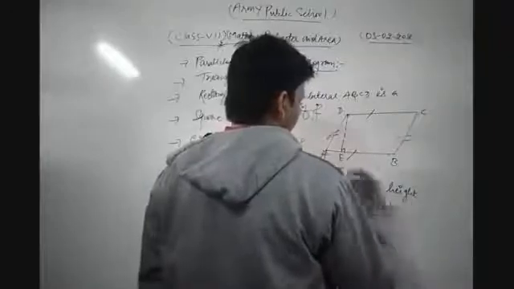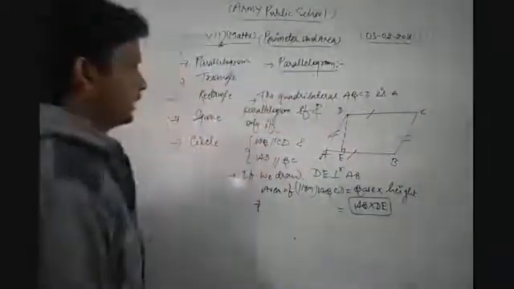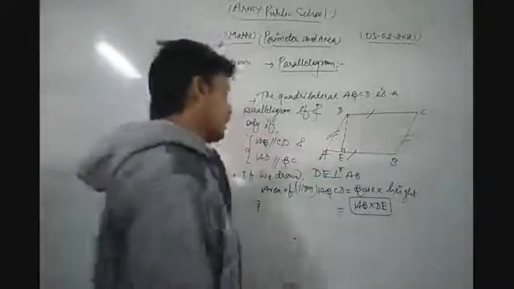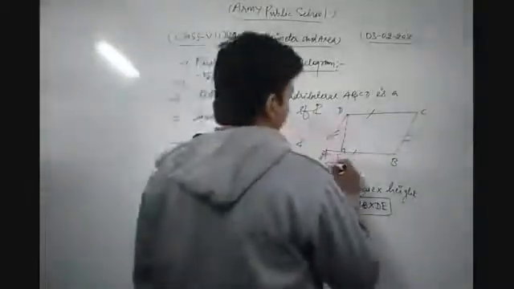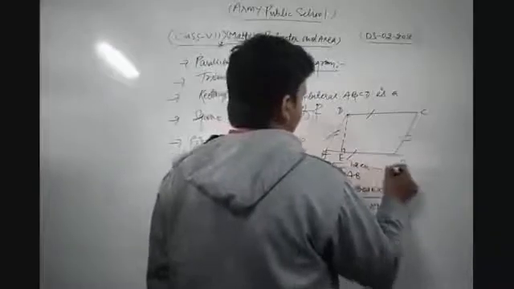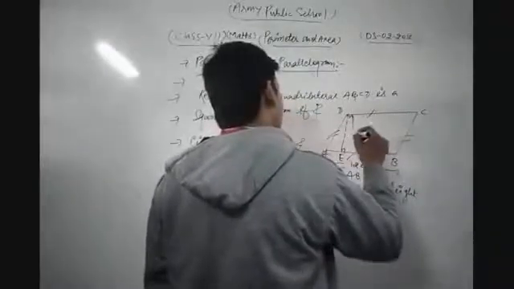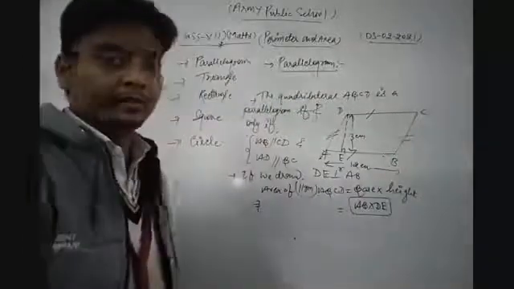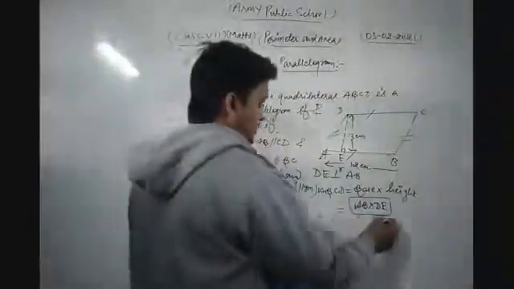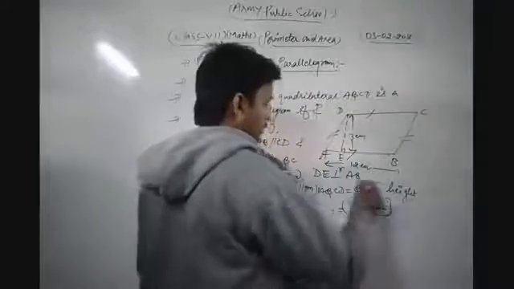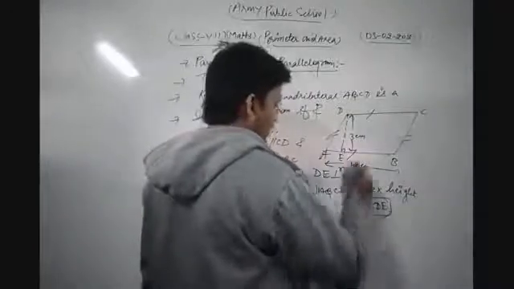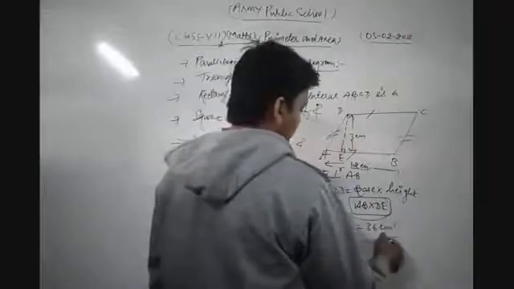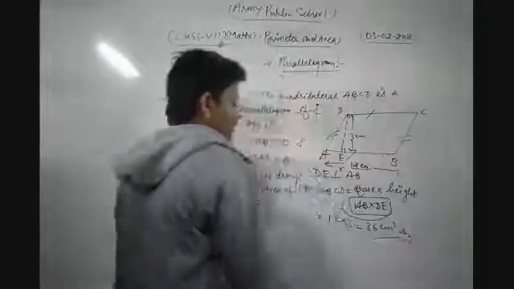This is the formula for parallelogram ABCD. Suppose in any question we are given that the base of the parallelogram is 12 centimeter and its corresponding altitude is 3 centimeter, then what is its area? We find the area of the parallelogram according to the formula, base into height. Base is 12, height is 3, so 12 into 3 is 36 centimeter square. This is the required solution of the given question.